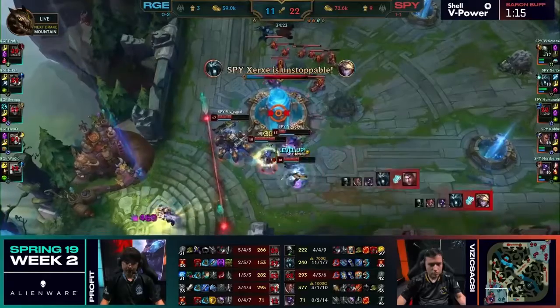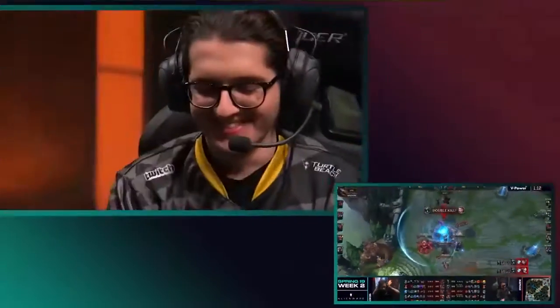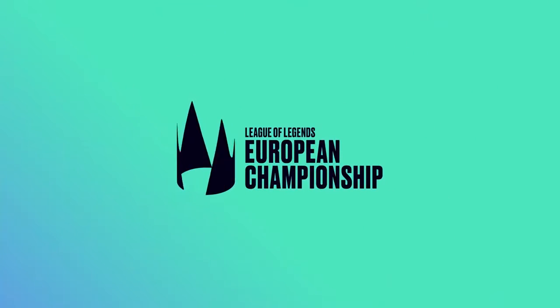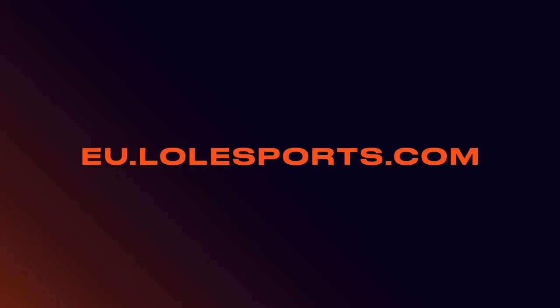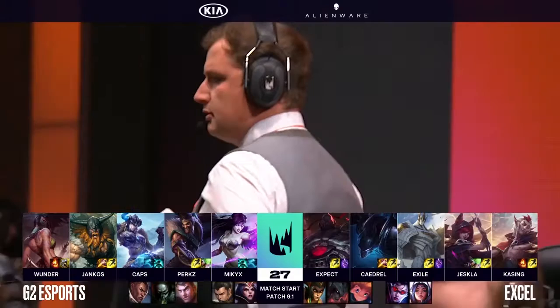And we thought it was going to be Humanoid that might be the X factor, but for me, it was Xerxes and this Karthus pick. He did wonderfully through the jungle. Very fast tempo, picked up the first blood, and then just cleaned it up in the team fights. Great stuff all around from Splice, and yeah, we talked about how...